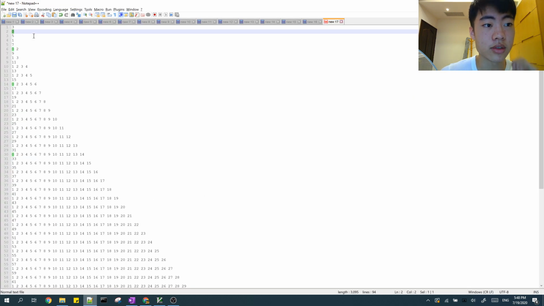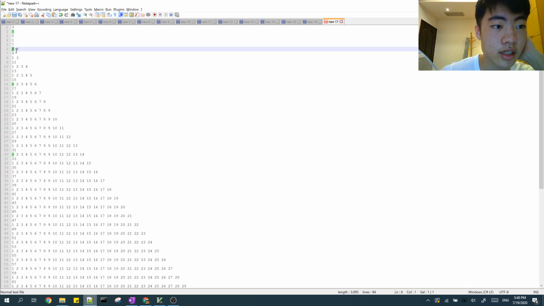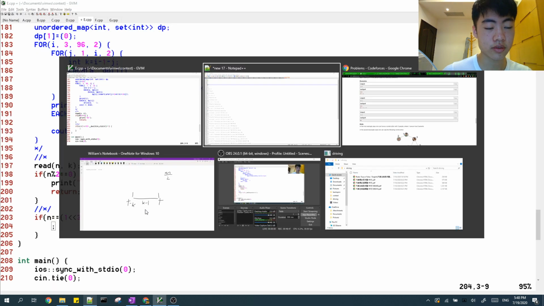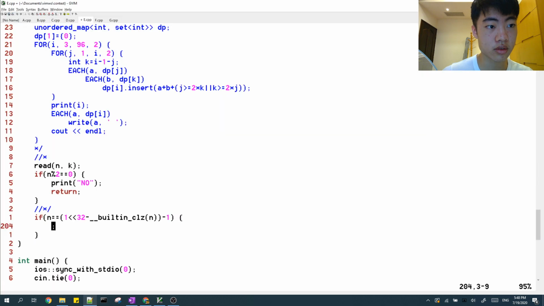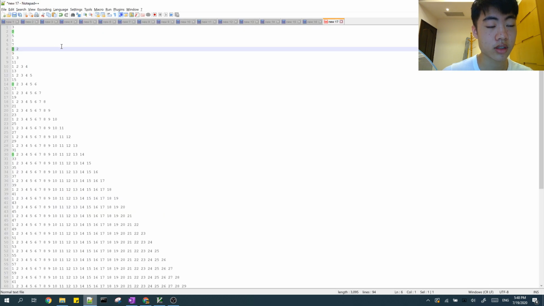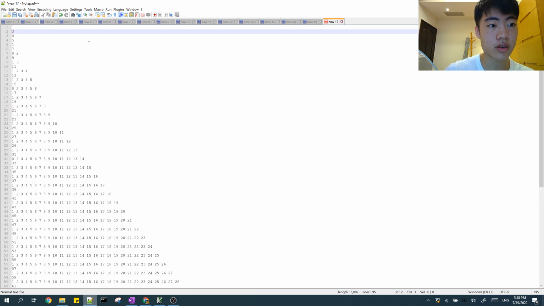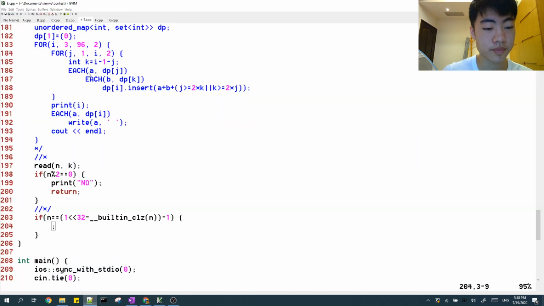If this is true, then 0 is basically allowed. Oh yeah, for 1 you're allowed 0. Okay. If k is equal to 0,